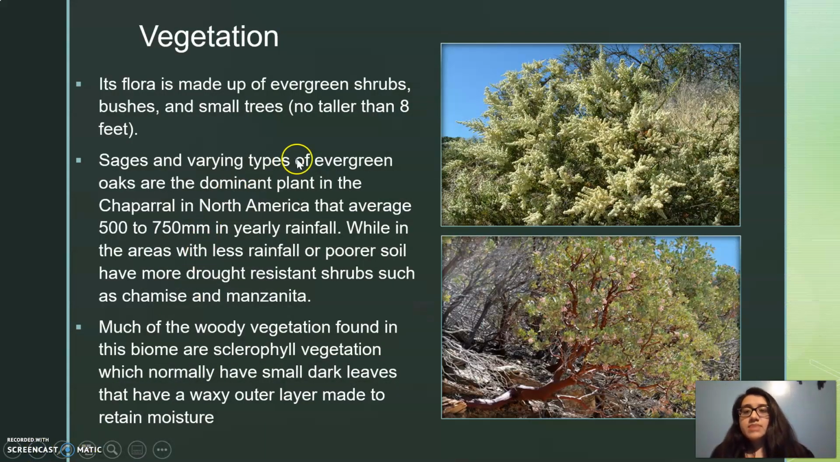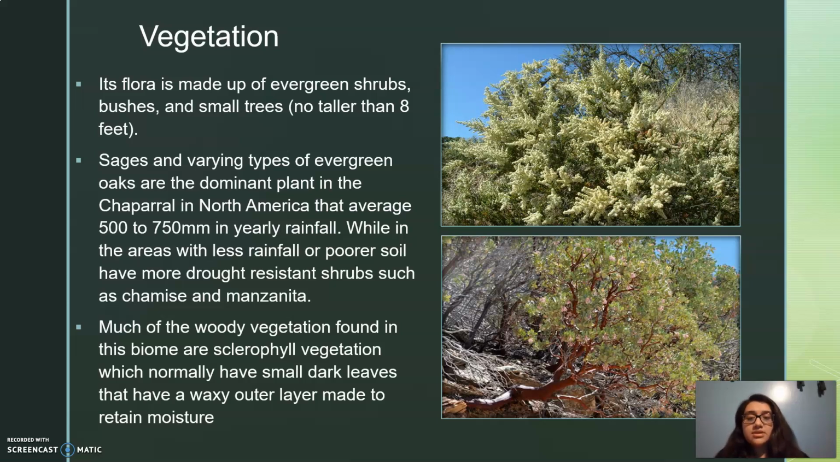Vegetation. Its flora is made up of evergreen shrubs, bushes, and small trees, no taller than 8 feet. And these trees are usually very scarce. Sages and varying types of evergreen oaks are the dominant plant in chaparral in North America that average 500 to 750 millimeters in yearly rainfall, while in the areas with small rainfall or poor soil, have more drought-resistant shrubs such